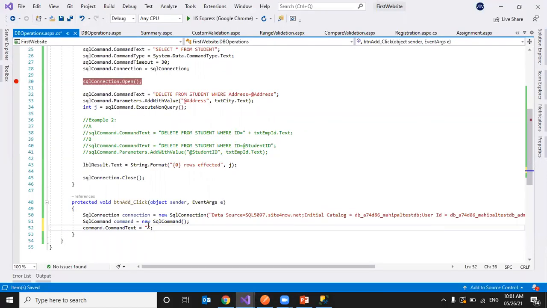So first insert into table name student, okay, table name. Then we have to specify the column names and their values. We can also do it like this.